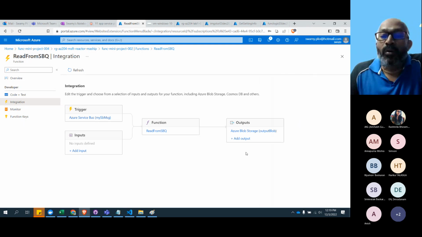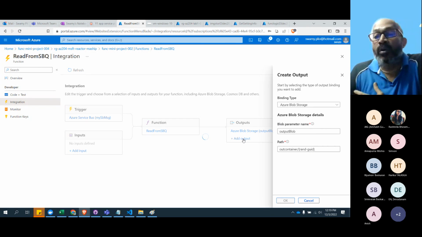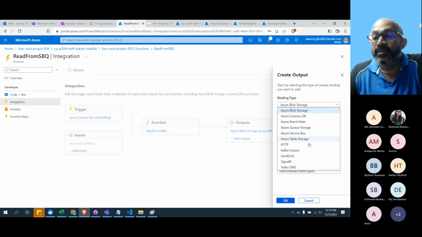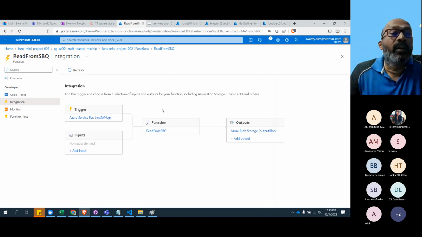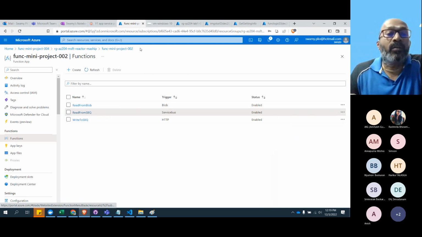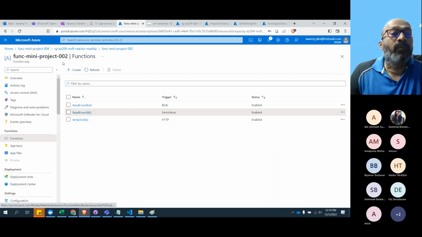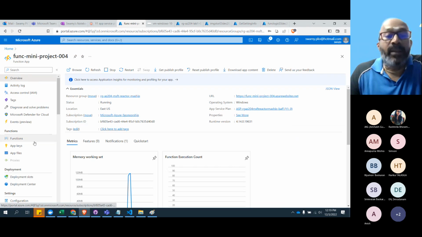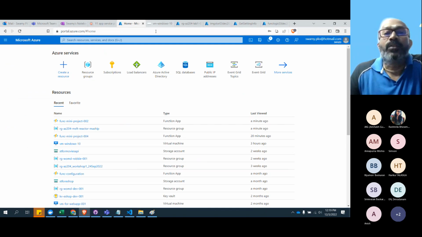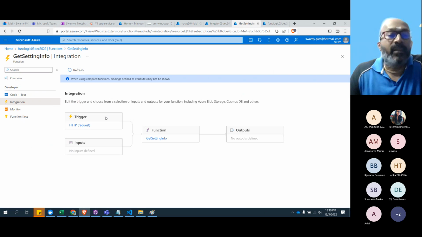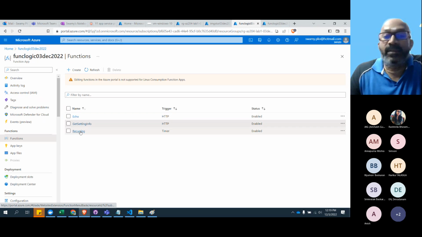Okay, so I think maybe the template is a little old, but if we do it, we will get more of those bindings. See this here, there are output bindings. There are a lot of bindings. We need to get deep into the documentation to find out what kind of bindings are available. Okay, so that being said, we were able to test echo as well as this.